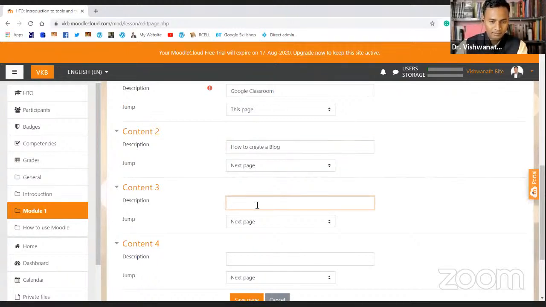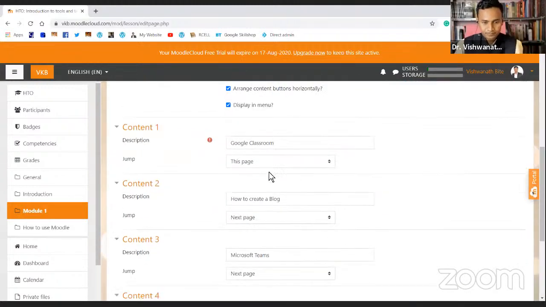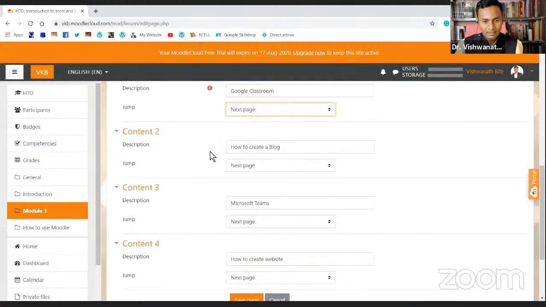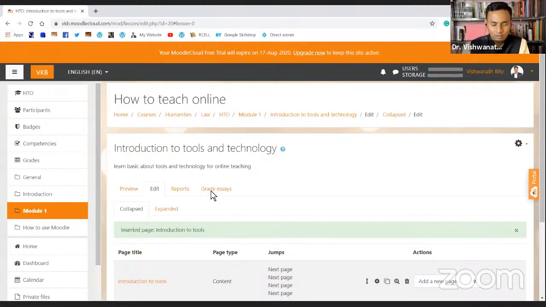The third content will be Microsoft Teams, and the fourth content will be how to create a website. I'm just giving a sample like this. After clicking all the things, they will go to the next page. So we are now creating material into that one course.